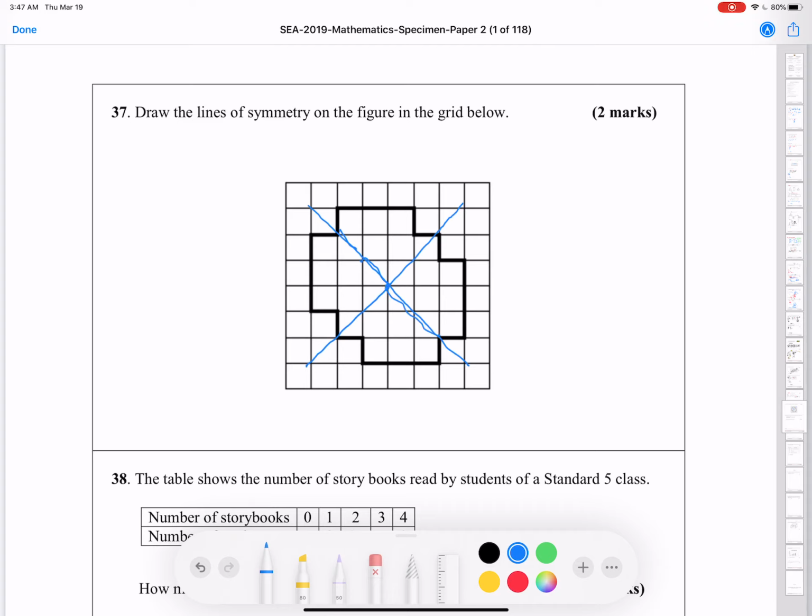Look at the distance from the center. 1, 2. Oh no, it is 1, 2. I wish I could edit out all this stuff, but I'm sorry. Right, from the center, 1, 2 on this side, 1, 2 on the next side. Forgive me, I had to squint a lot. I don't have my glasses. Alright, let's move